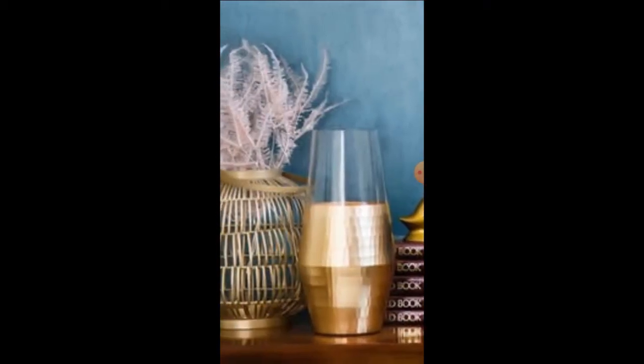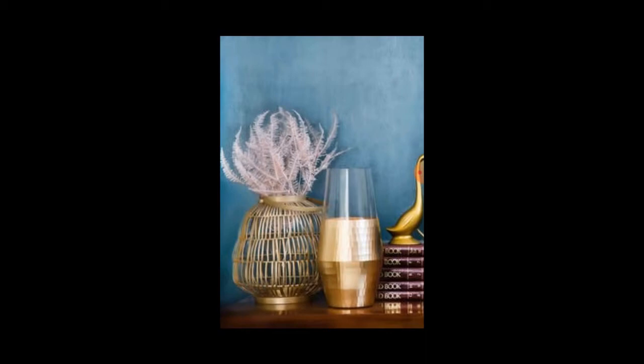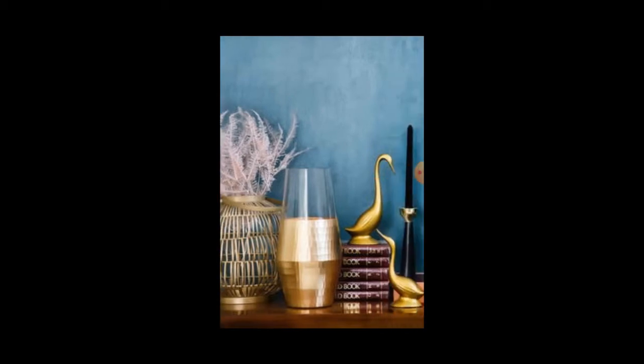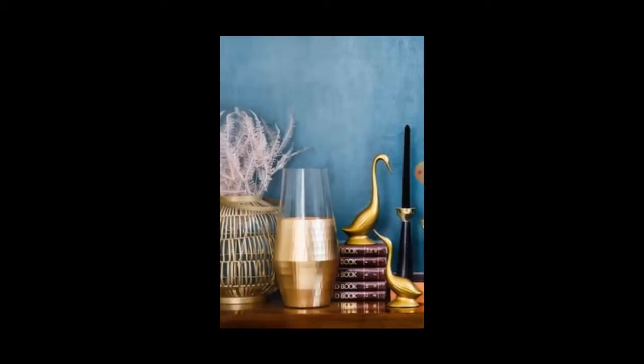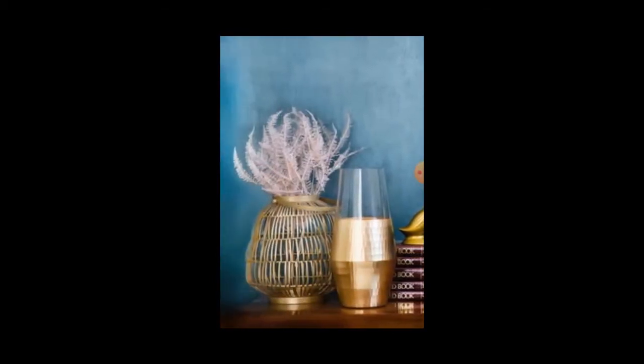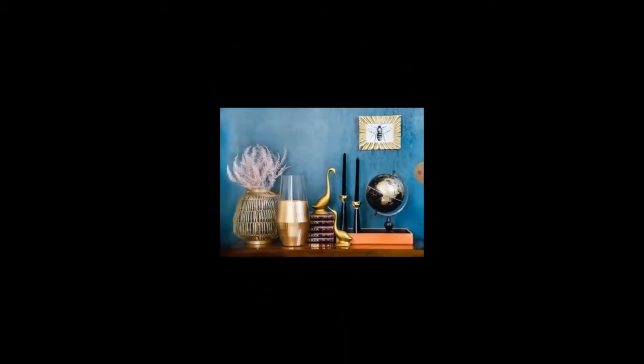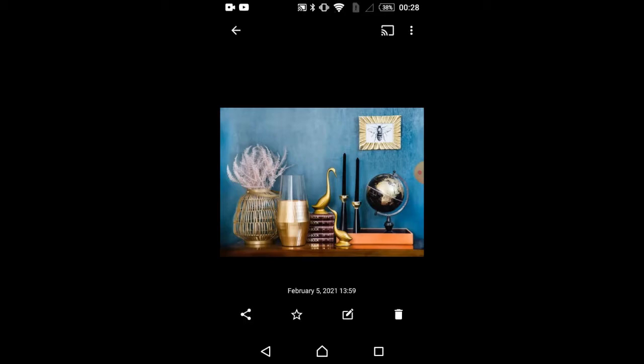And at the left side of this image there are two vases, so I can use any of them as the polygon shape, or I can even use the candles or the box. I've searched home decor image for this image. You can find many images if you search like this, so you'll get objects like this.